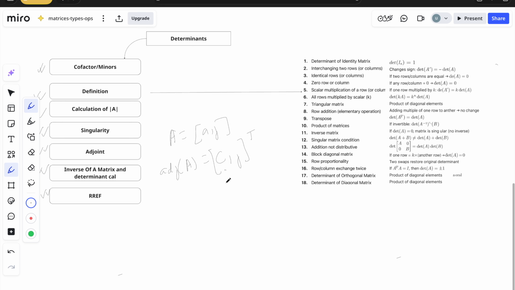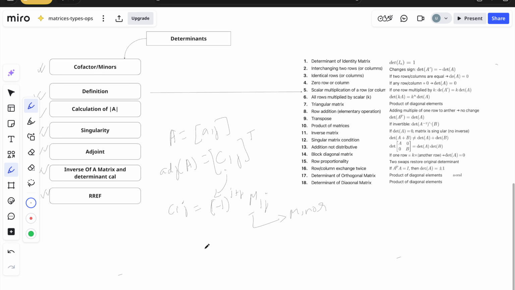Now let's break it down. What does Cij represent? Cij is basically the cofactor of an element Aij. So it should be minus 1 to the power i plus j, Mij. Again, what is Mij? Mij is the